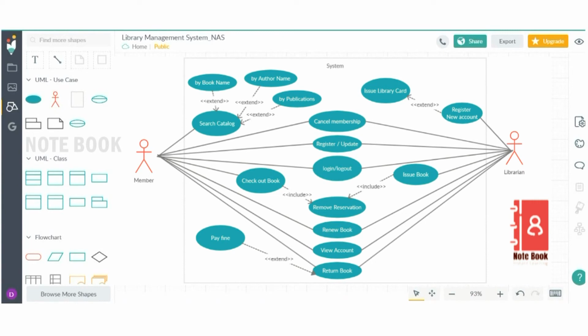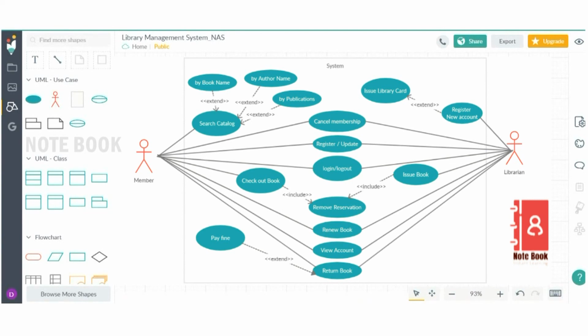This checkout book use case has the relationship include with the use case remove reservation. While checking out the book, we have to remove the reservation if the reservation is done already. While we require a book, we do the reservation, and after getting the book, we have to remove the reservation while checking out.